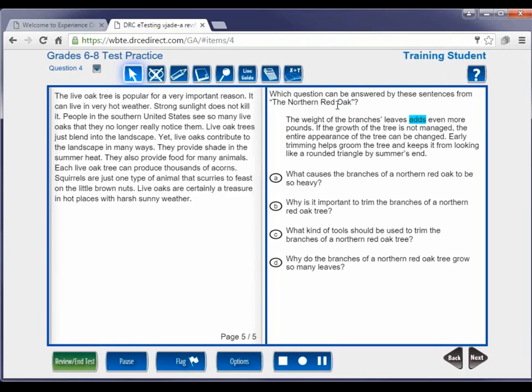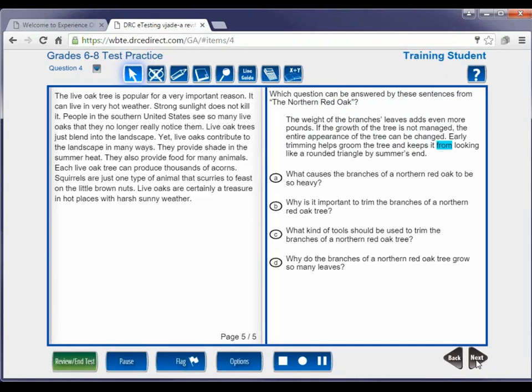Just because of the way the programming works, the screen reader starts reading as the student hits the end of the page. So if the student doesn't want to hear the passage, he can stop the item, go back and read the rest of the item, and then hit his starting points, and now he can have the first item read to him. Notice that the first item is a question specific to the first reading passage, the northern red oak. Now we'll go on to